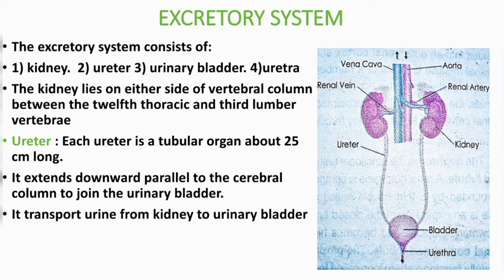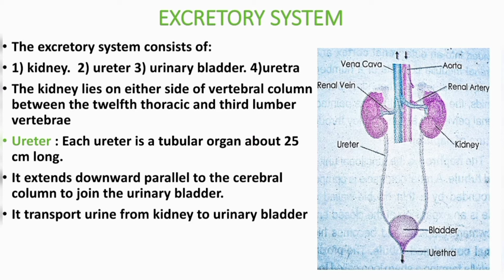Kidney is the major organ which is used to make urine. When the blood passes through the kidney, it filters or extracts all the waste material from the blood so that the blood becomes clean, and the waste material that is extracted from the blood is converted into urine. So urine is a waste material taken from the blood, and the kidney cleans our blood by taking all the waste material, which is converted into urine. So the major part of urine formation occurs in the kidney.